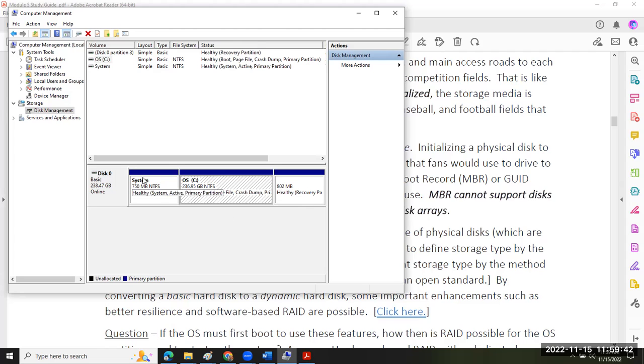So in this case, on my laptop, you see I have a physical hard disk that is 238.47 gigabytes large as initialized, but there are 3 separate partitions, one of which was formatted to be the C drive. And in Windows, when you're using NTFS or DOS, they use drive letters. In the Linux and Mac world, we don't use a drive letter. We just use a slash to represent the root or beginning of the file system, okay? Which should be pretty much review for most. Any questions about